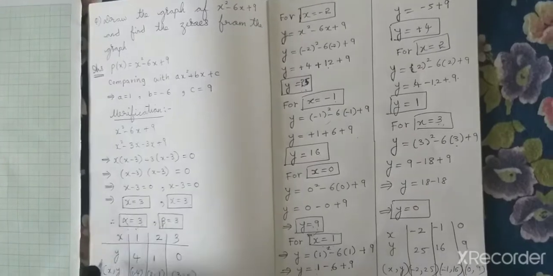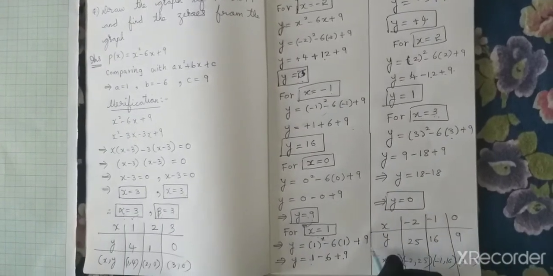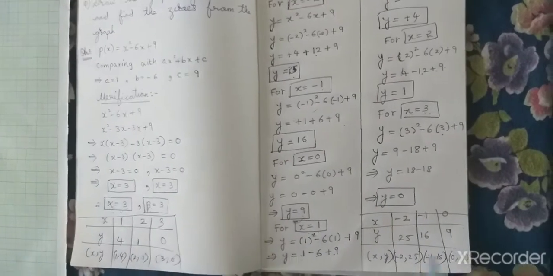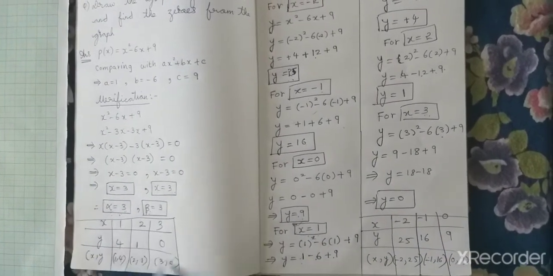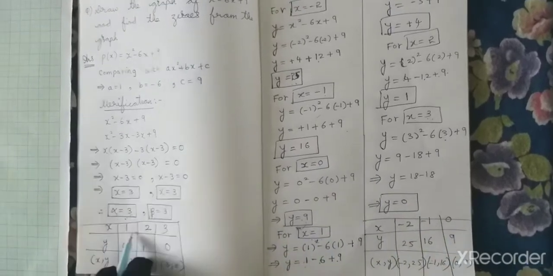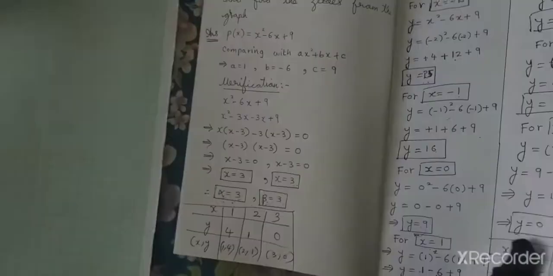I will continue, I will put rows in this table. I close this table. Okay, this is my table. Actually, I don't have space here, so I am writing the values in this table. But this is one table only. Minus 2, minus 1, 0, 1, 2, 3. Now I will take the graph and plot the points on it.